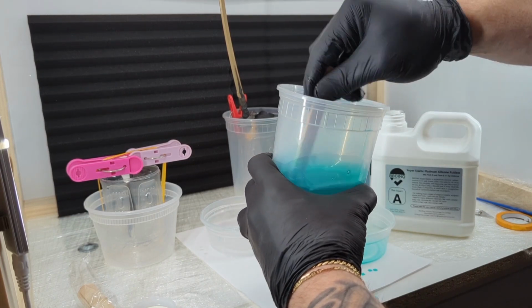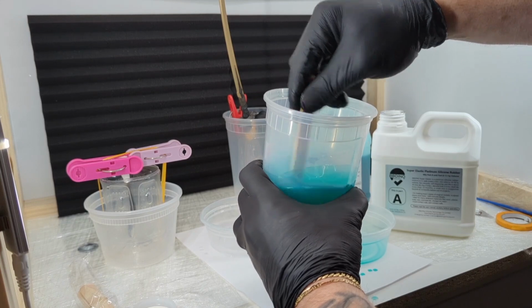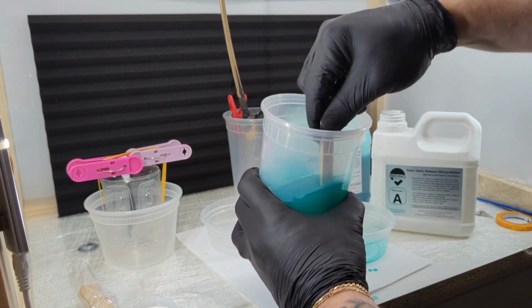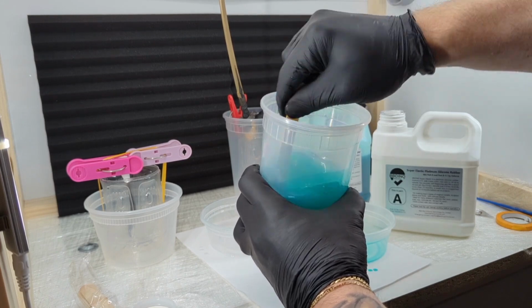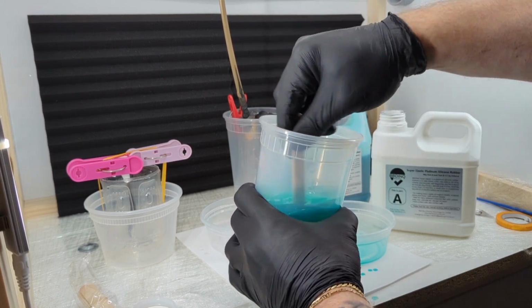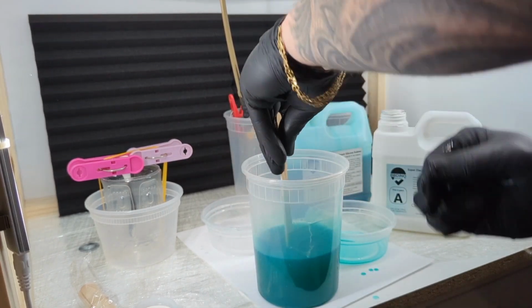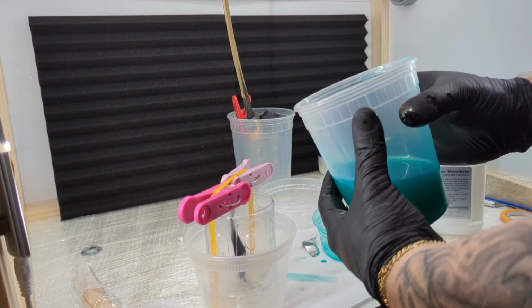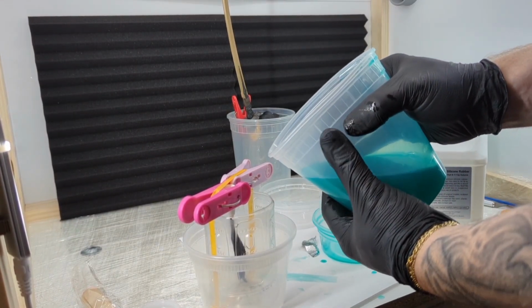Also, the mixture is hazardous, so you want to make sure you have the proper protection. Make sure you're wearing gloves as well as protective eyewear in case of any splashes, and avoid getting the stuff on your skin. So the first pour that we'll be doing will be the feather tassel, and as I pour the mixture into